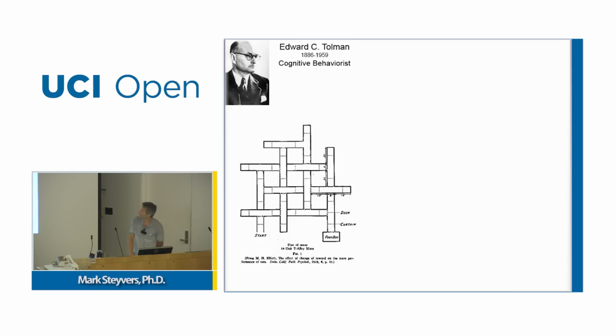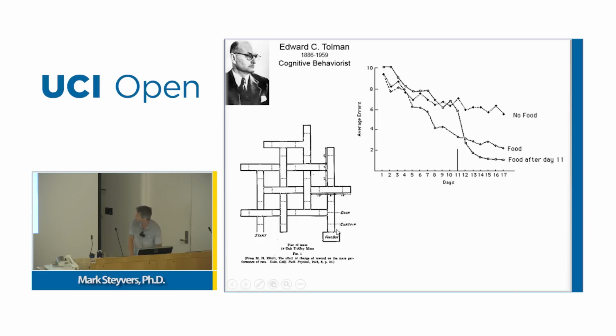So one piece of evidence for animals learning things about the environment that does not seem to be driven by reinforcement is research by Edward Tolman. He placed animals in these puzzle boxes, these mazes, where animals had to figure out the right sequence of doors and curtains to go through to reach the end state, which could be a food box, where food was either present or not.